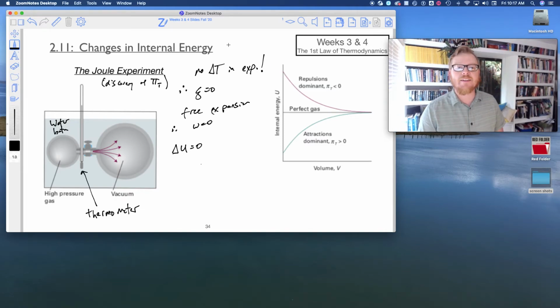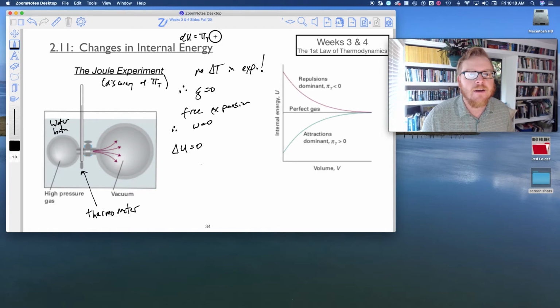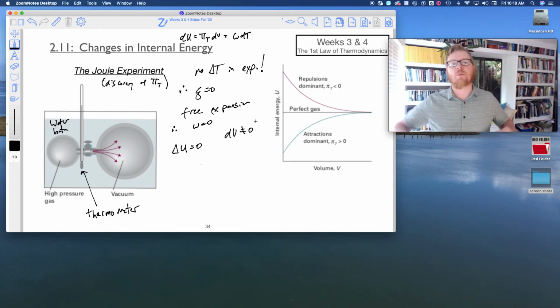Okay? And if we go back to that expression we came up with for U, I'll write it up here at the top. So dU equals pi_T dV plus C_V dT. Okay, he said, well, look, if dT is equal to 0, because there's no temperature change, and dV definitely is not equal to 0, so I'm going to write that down. dV is a finite value, right? The gas changed volume. However, because dU was equal to 0, then he concluded pi_T must be 0,